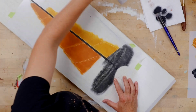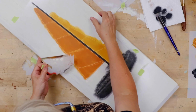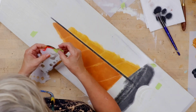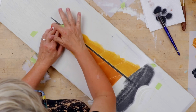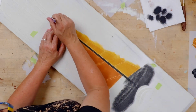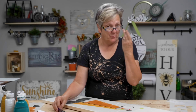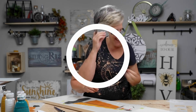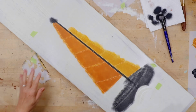A teeny bit of extra stuff going on right there. And see how that just organically follows that line. It's magic. We will have to do 3 coats. Wait, 3 coats. All right, presto change-o. Here we go. All right, so now we have